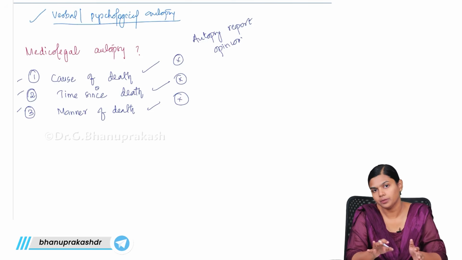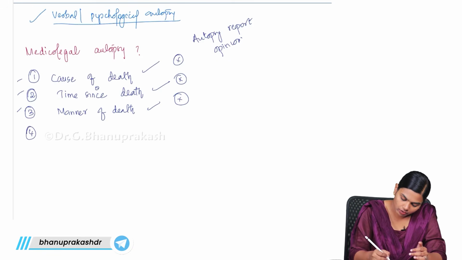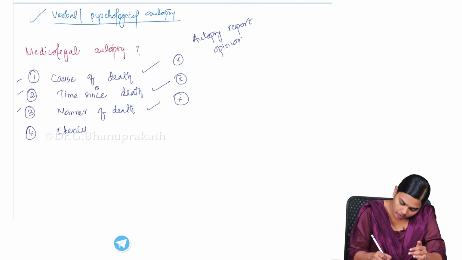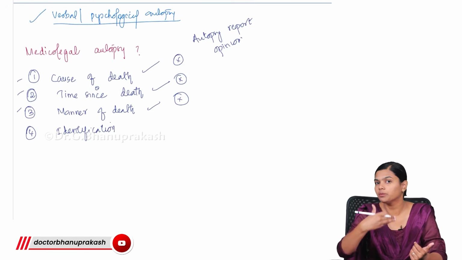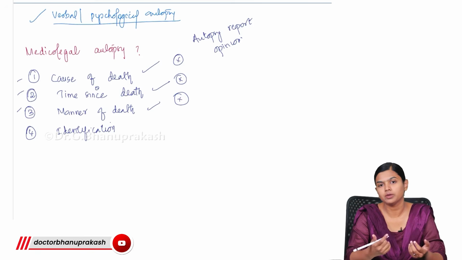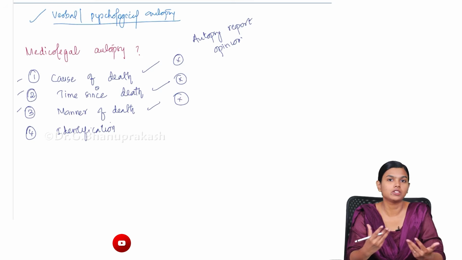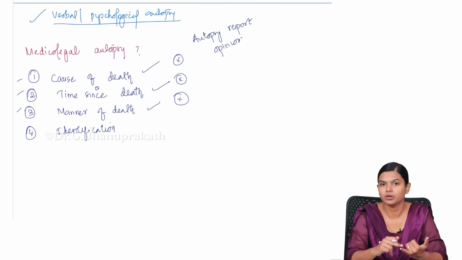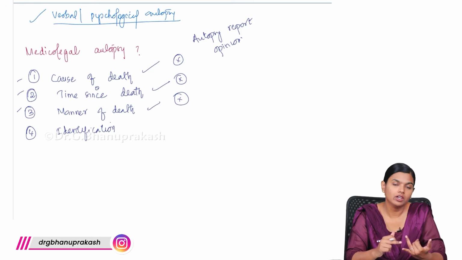And apart from that, what is required in a medico-legal autopsy is that you have to be able to identify. So if it is an unknown body, you should be able to do some sort of identification, or at least preserve something for identification. Like you have to preserve some DNA sample, like bone marrow or blood, whatever is available, which would be the best source for finding out the DNA. So if the person is known, there is no issue. If he is unknown, this identification becomes important.